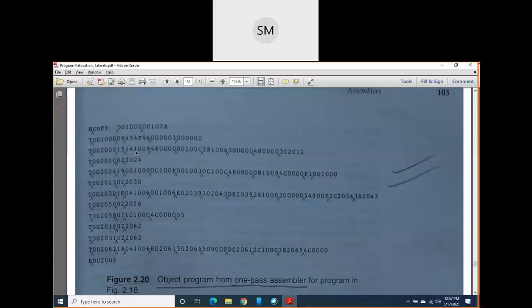Just keep the count of object codes here: 1, 2, 3, 4, 5, 6, 7. 7 into 3 is 21. But 21 we have not written here. We have written only 15. Why, sir, have you written only 15? Because this is a complete object code, you count it as 3. This one is not a complete object code. It is only 1 byte here, that is 1 byte for the opcode of your instruction.